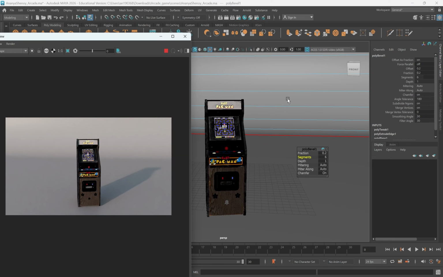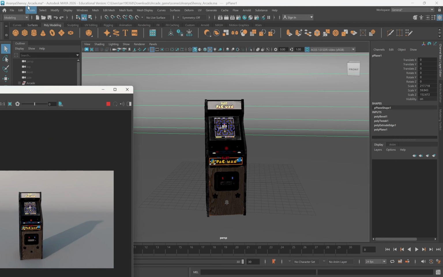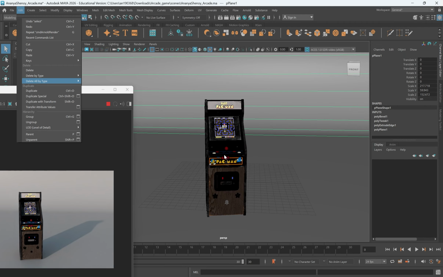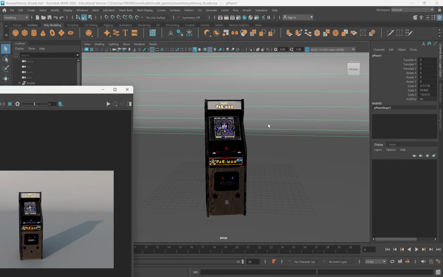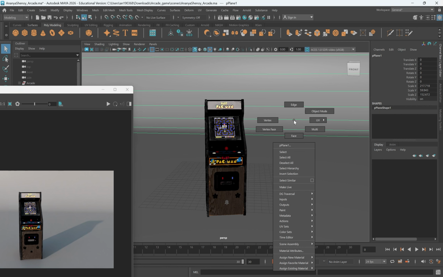And we can change the material of this background. You have basically two pretty good options for the material for this. I'm going to go to Edit, Delete All by Type History to delete the history for this plane. And let's pause this. Let's assign a new material to this. So one of the options is assign new material,